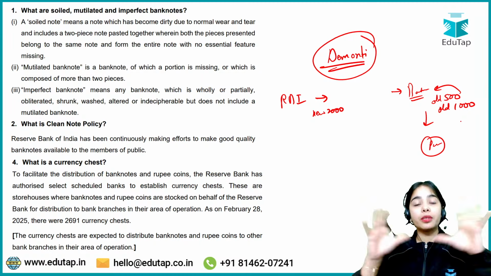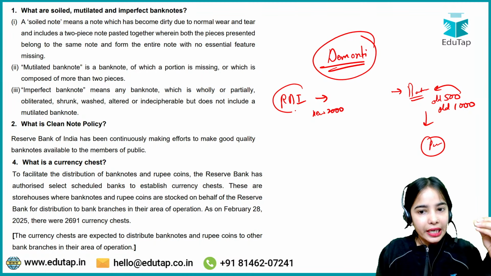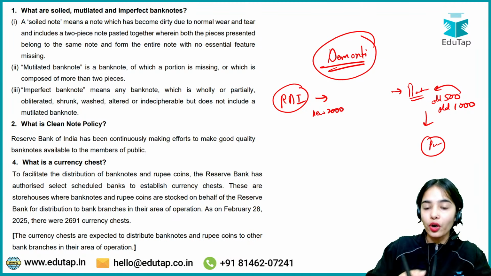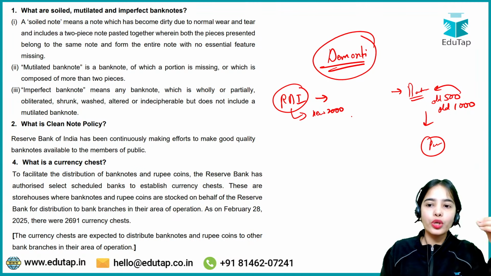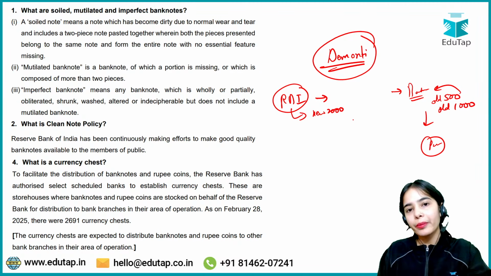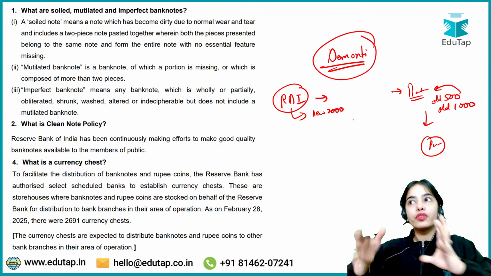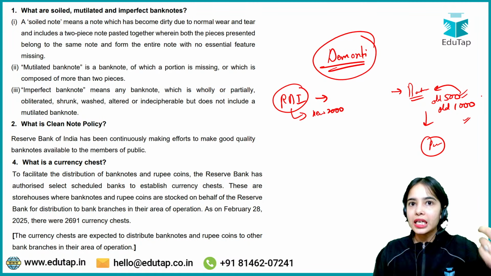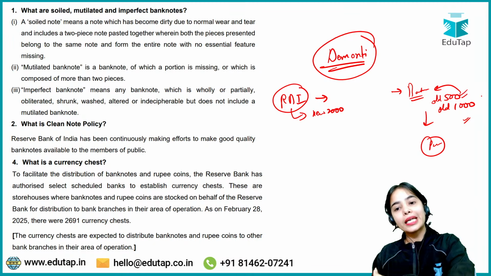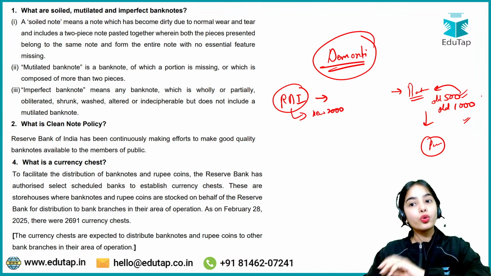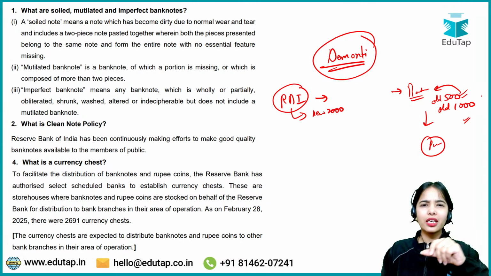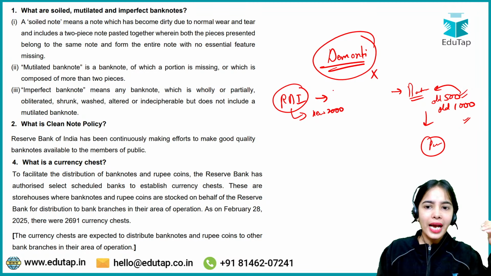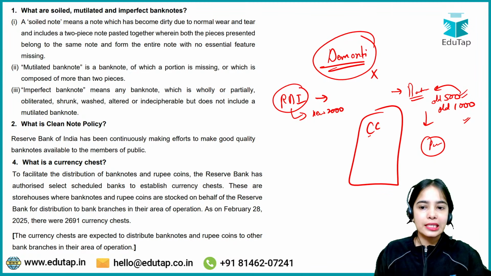Now there are multiple bank branches. So does RBI alone, or do the RBI regional offices or the RBI head office send these new 2000 rupee notes to all the bank branches, and were all the bank branches individually sending their old 500 and old 1000 notes to the RBI, and RBI individually sending the new 2000 rupee note to all the bank branches? Would it not be a very cumbersome process? No, right? Actually, there is a middleman, that is the currency chest.